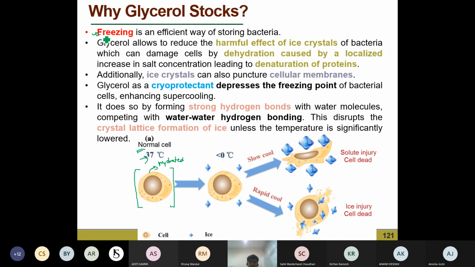We have seen that freezing is an efficient way of storing bacteria. But whenever we freeze the bacteria, we use glycerol or some sort of additive agents. Why are these additive agents required? If we take a particular cell and go below 0 degrees,